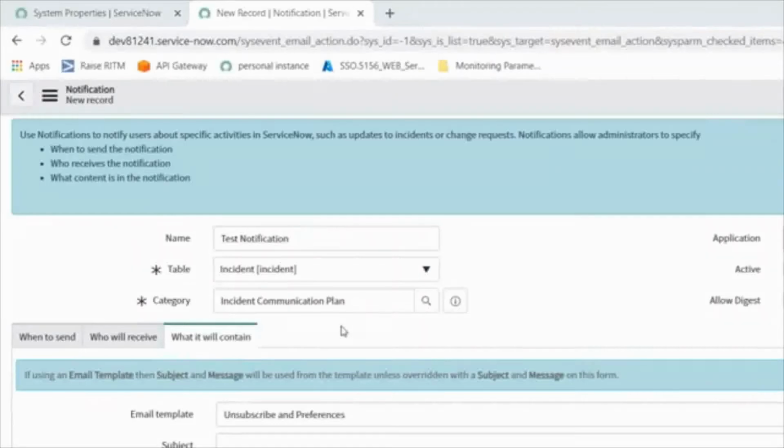Okay, the next section is called what it will contain. Whenever you are sending a mail, for example to a particular boss or superior in your team, it has to contain some format, right?